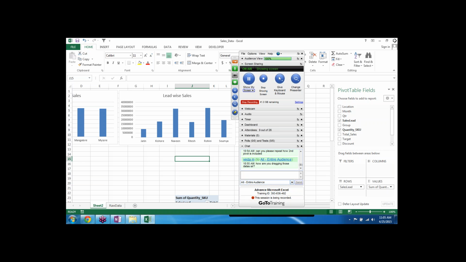Okay, can you please hide the chat window? Is it visible now to all of you?